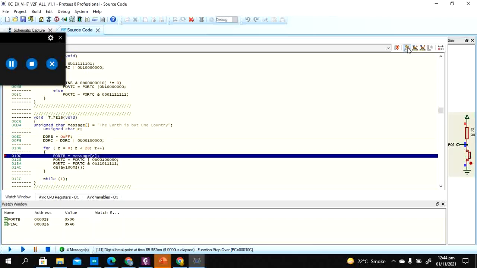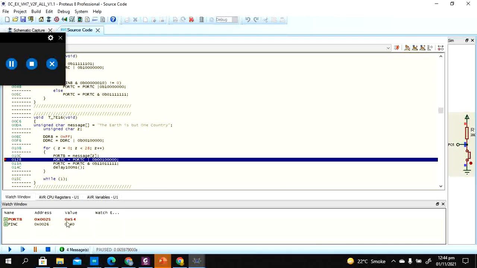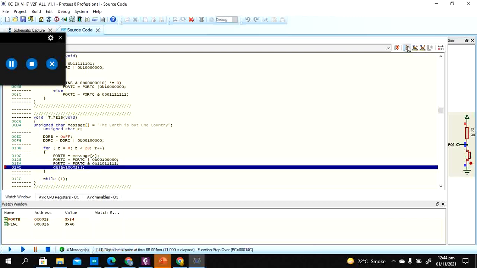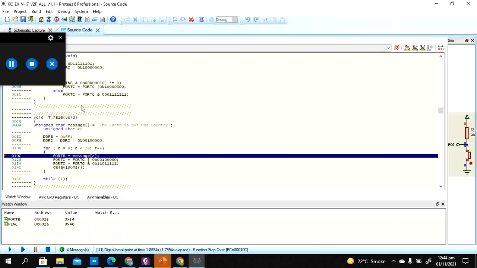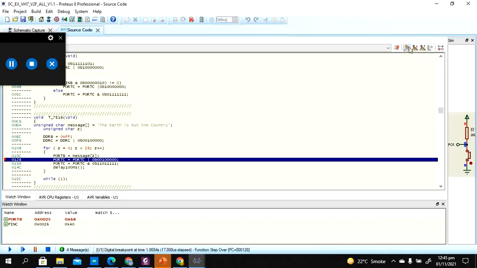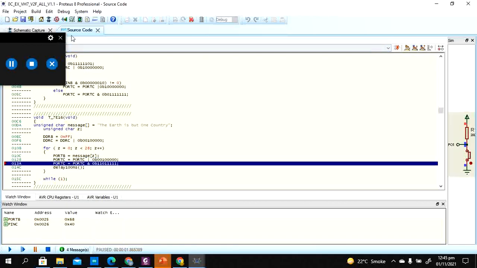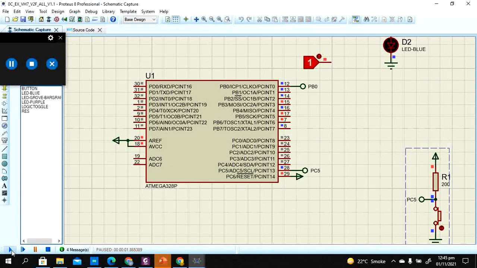So when this is running, port B is going to show the value 0x54, and this 0x54 is the ASCII symbol of T, and then the ASCII symbol for H is going to be represented. The value at port C is going to change, and this can also be visible here at the port. You can see when this program is run, T, H, E, space, and so on are the ASCII symbols; this one is the ASCII symbol for space.